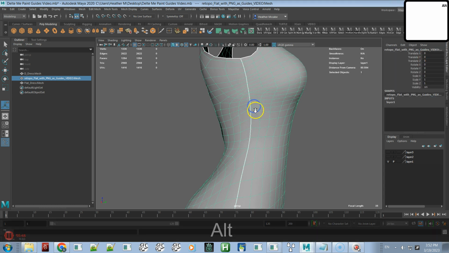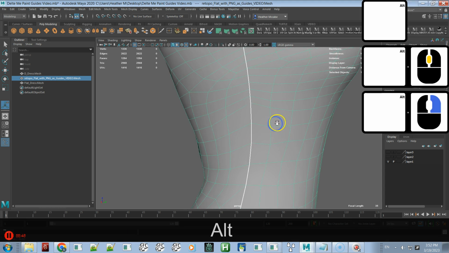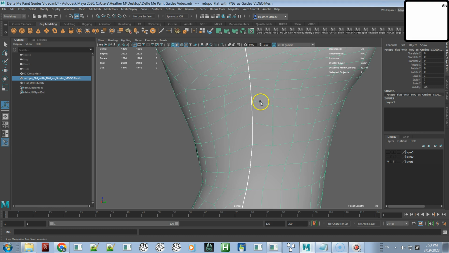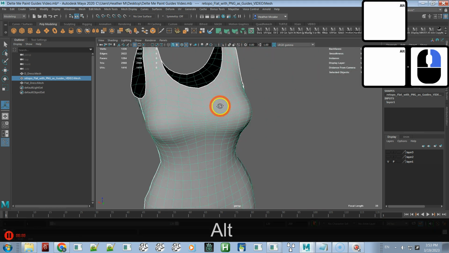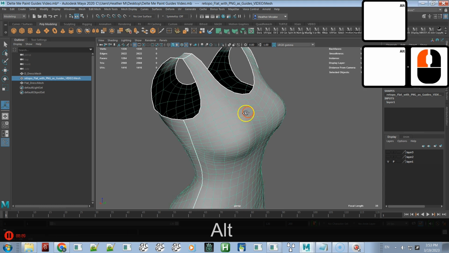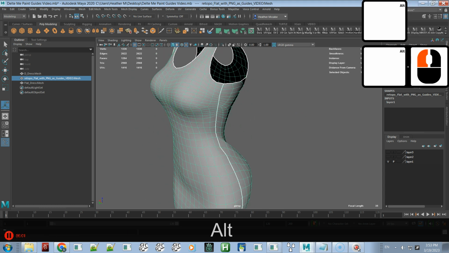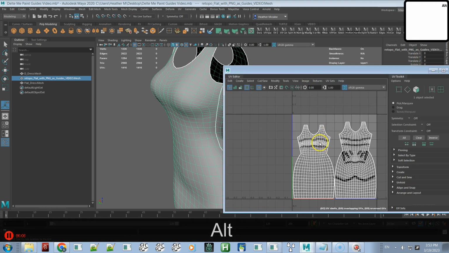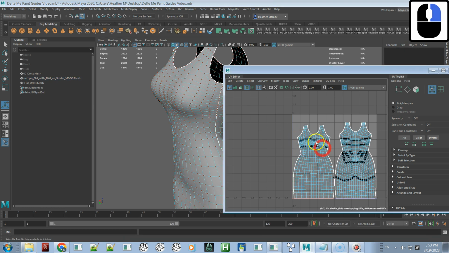Okay, only thing I'd probably do is use the Sculpt Geometry tool. I'd smooth this a little bit, or if you want to make sure you're staying on it, I'd probably relax it just in here a little bit, and then after you relax it, you would then want to select the UVs,